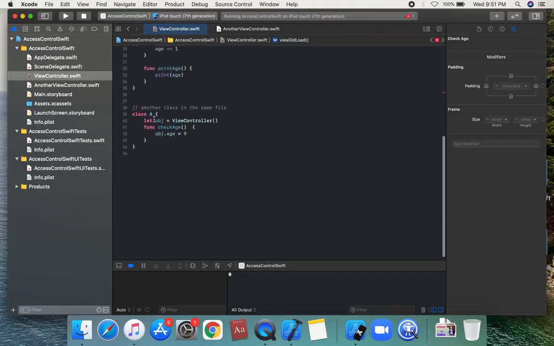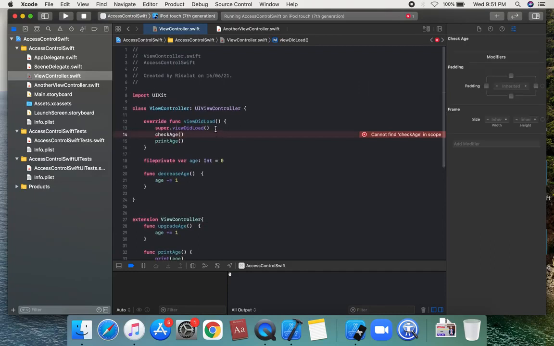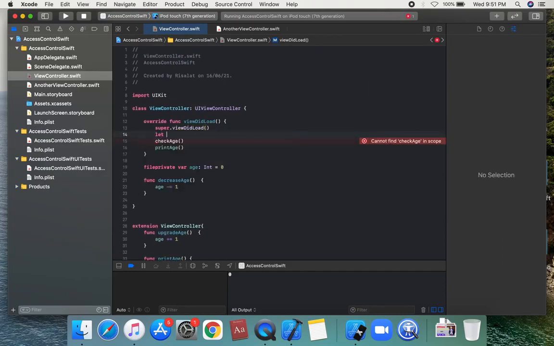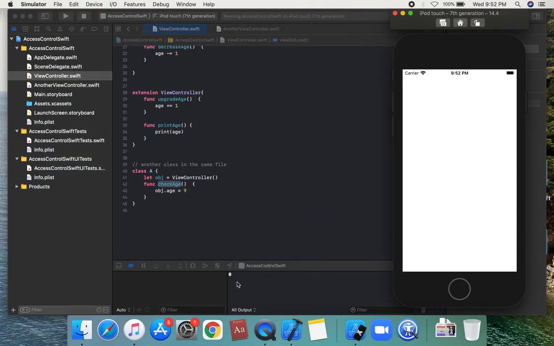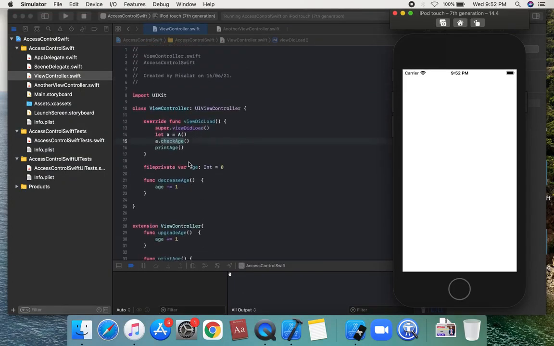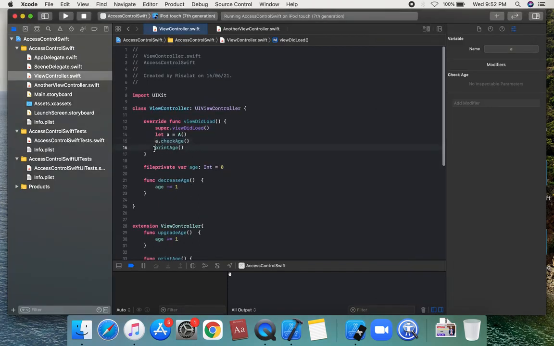And we can use a class, another class. We're going to create an instance of another class, let a is equal to a, and a dot check age. Then this is a 9, print. We have this 9, age value is 9. This is the print of this 9, a dot check and print age, a dot print age.